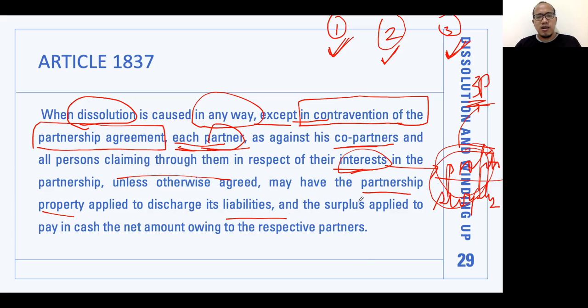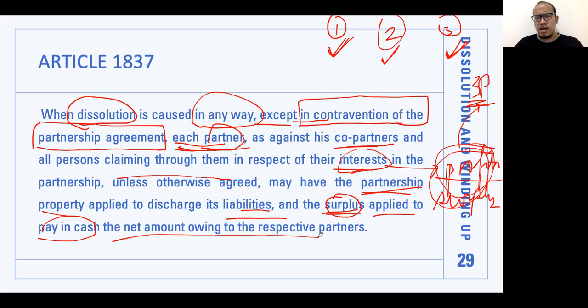In any case, tuloy natin to, pwede nang i-invoke yun. Siyempre, totoo naman, pwede nang i-invoke yun. At kung may sobra, medyo on the positive side yung proportion na ito ng Article 1837. Kung merong sobra, after mo mabayaran, di ba, may mga partnership assets ka, may mga partnership liabilities. So using the partnership assets, i-settle mo o i-discharge mo yung mga partnership liabilities. Kung meron daw iiwan, surplus ang tawag natin doon, that surplus will be applied to pay in cash. So you have to convert it into cash